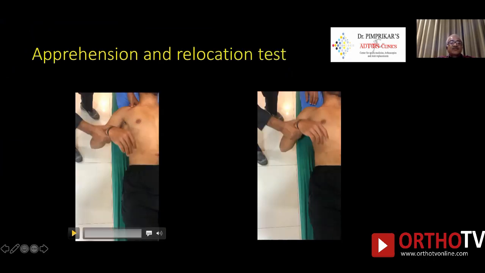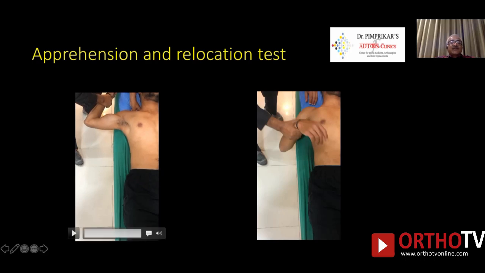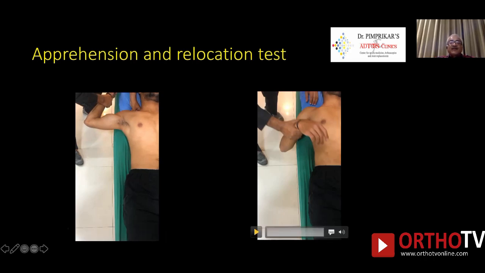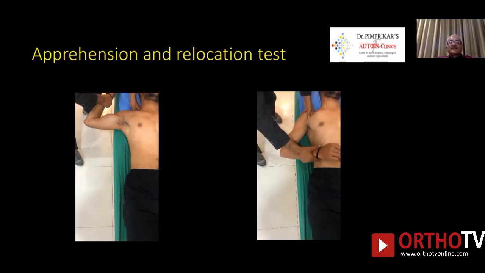The patient is lying in supine position. The scapula is stabilized with the pressure on the coracoid. And the moment you do this, the patient has got apprehension on the face. So you have to see for apprehension on the face, or the patient sometimes might tell you, doc, it's hurting me, so please stop there. Sometimes you can even feel a pop, and if you feel this pop and you support the anterior shoulder with a thumb or a palm, you get a feel of relocation of a dislocated humeral head by doing this maneuver, and it's called the relocation test. Both these tests are done in supine position.